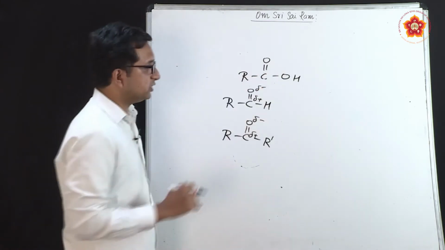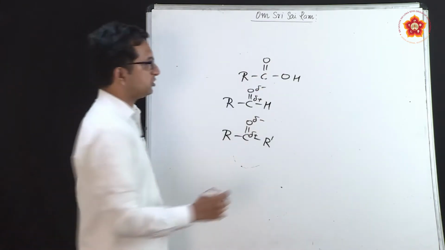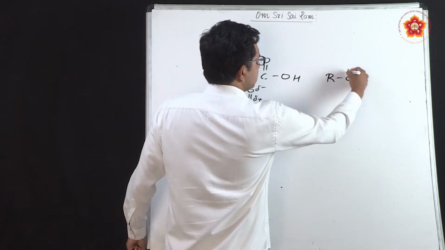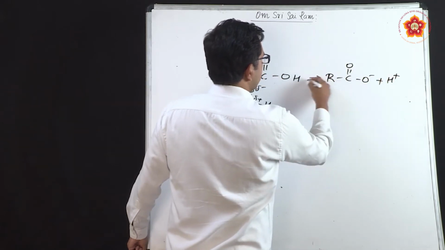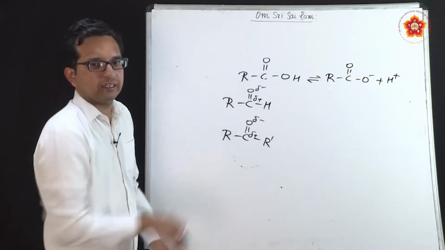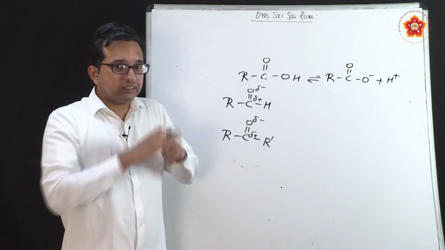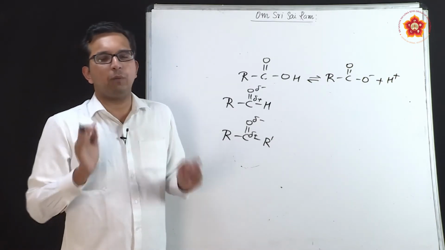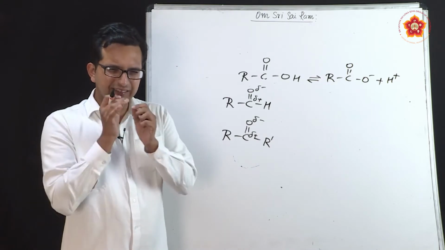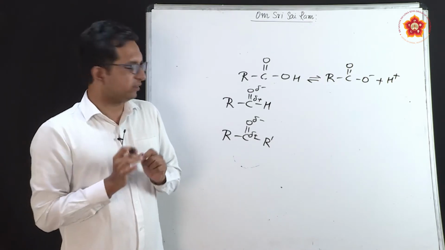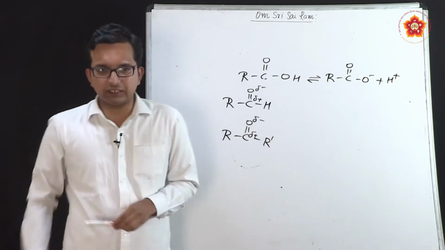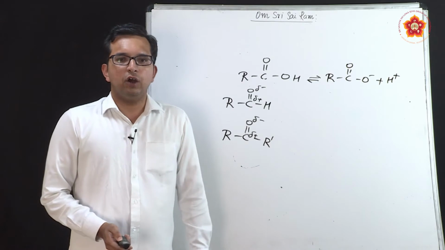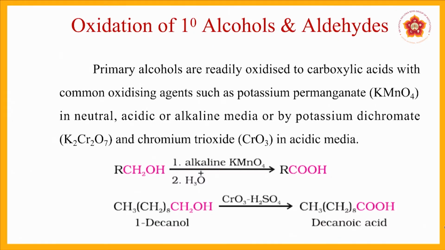Our minimum basic understanding can be that this could be easy because this is a double bonded system. But we have also seen in the structure of the carboxylic acid that it very easily gets dissociated into its hydrogen ions. This is a reversible reaction. So, considering all this, the properties of the compound will differ, and in some places it might affect the preparation of these compounds. So, let us start with the first method of preparation of these carboxylic acids, which is oxidation of primary alcohols and aldehydes.